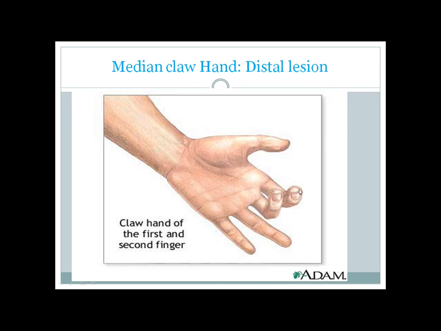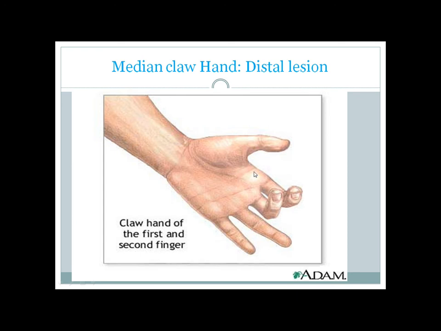So let me explain why this kind of claw hand occurs in the median nerve injury. As you can see, this only occurs with distal lesion of the median nerve. So the median nerve comes through this area and then crosses the wrist under the carpal tunnel, and then it supplies the small muscles like the lateral lumbricals, or number 1 and number 2 lumbricals of the hand. So whenever you have a damage of the median nerve at the wrist, the forearm flexors are unaffected. Those flexors can work properly, but those lumbricals, as they are innervated after the crossing in the wrist,